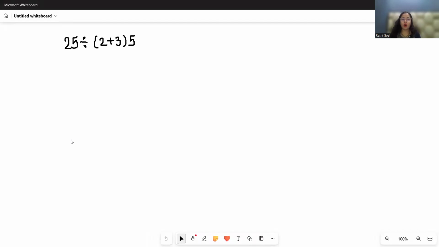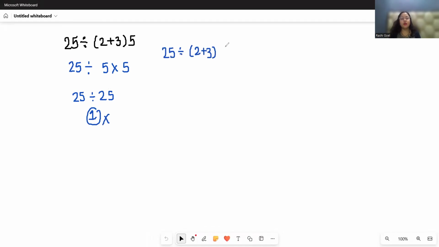Many people fail to solve this because they did not take the right approach and solve it like this. 2 plus 3 is 5, times 5, and 25 divided by 5 times 5 is 25, and their answer is 1, which is incorrect. Because when you have multiple operations given, then you have to follow the order of operations,